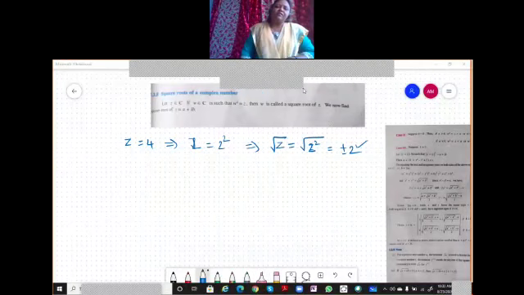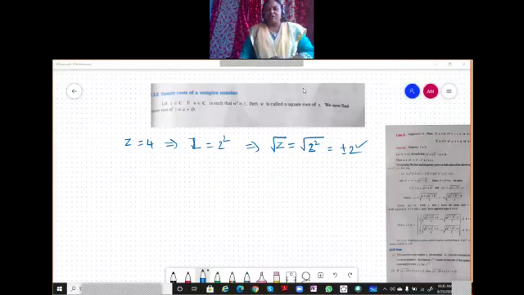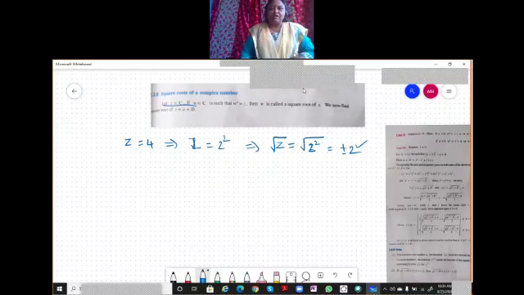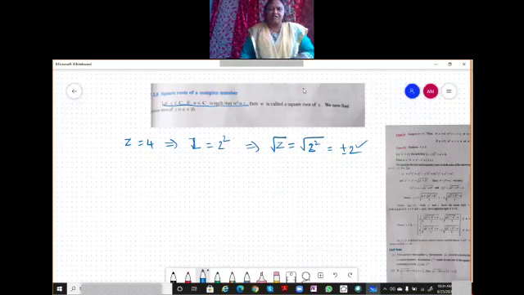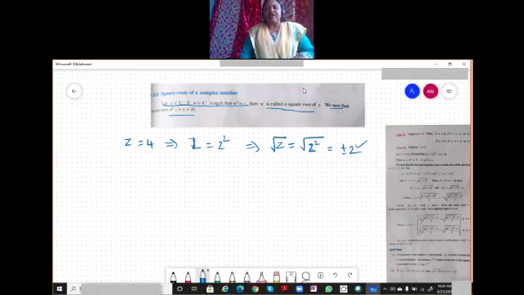Okay. So if it is a real number, we know how to find the square root of that. If it is a complex number, how do we do it? See here the definition of a square root of a complex number. Let z belong to C. If w belongs to C, w is also a complex number, such that w square is equal to z, then w is called a square root of z. The square root of a complex number is again a complex number. We have to remember that.